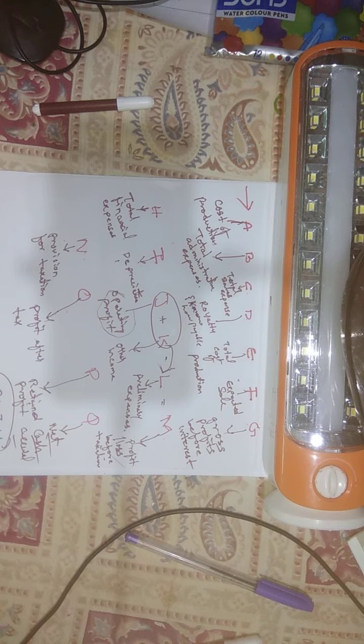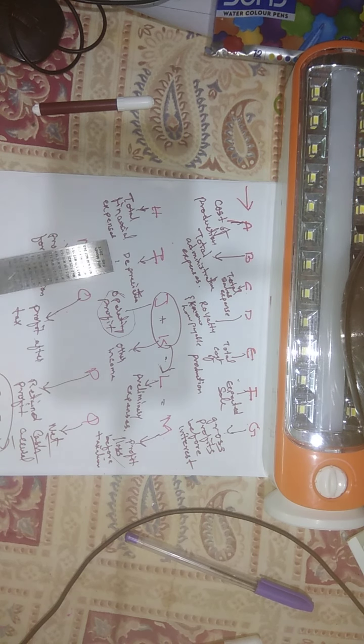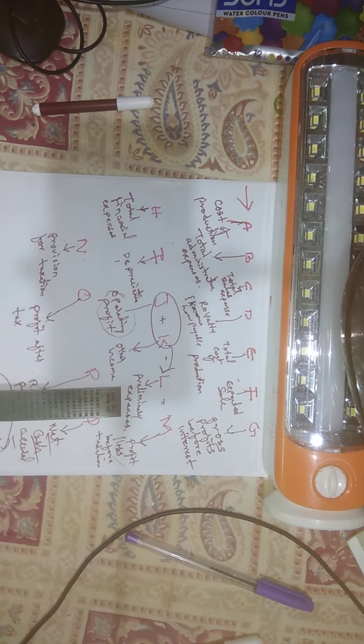Then P is retained profit. Then Q is net cash accrual. If we add P plus I plus L, we will get the net cash accrual: how much net cash we accrue. P is retained profit, how we are trying to retain our profit. Plus I, which is depreciation, as I already told you, plus L, which is the preliminary expense. If we add these three, we will get the net cash accrual.